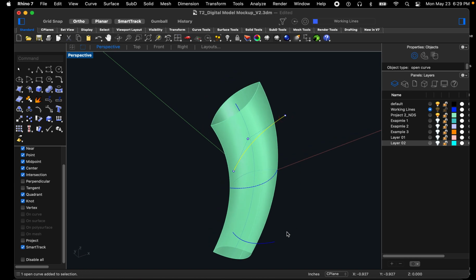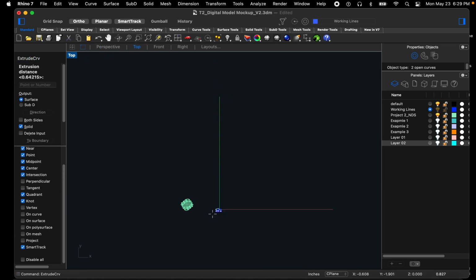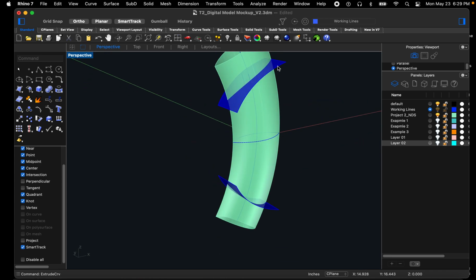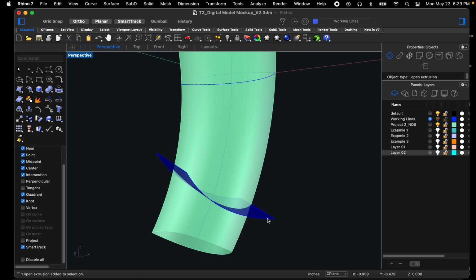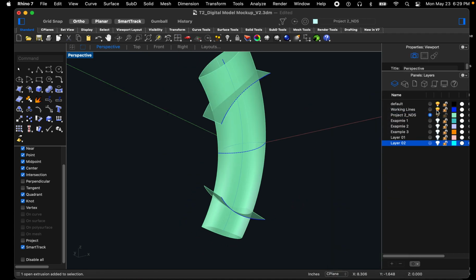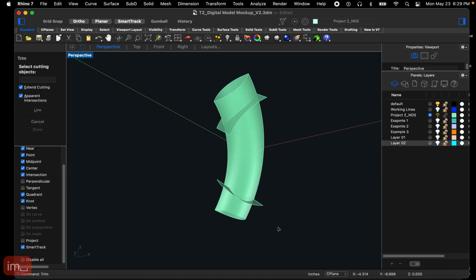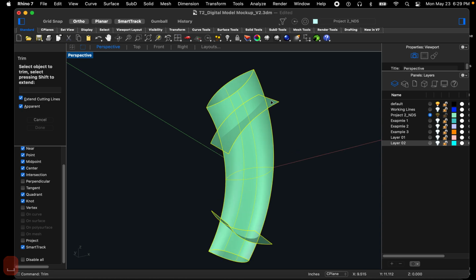So I'm going to take this and I'm going to say extrude curve, and I'm going to go to the top, and that looks okay. Go back to perspective. Okay, I'm going to select the extrusion. I'm going to put that on my layer. All right, I'm going to turn off my working lines, and I'm going to say trim, and I'm going to say all this is my cutting objects, and I'm going to say trim that,